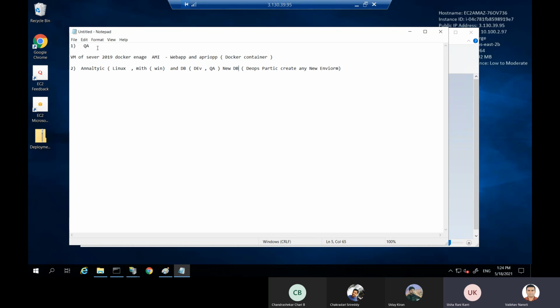Okay. So for example, I am going to use the QA web app code, QA PeriOp code, QA analytics code and QA Mirth code, so my database should also be QA. So copy any one QA database and install it on the new database server. You can clone any database server. Not clone, we take a backup of one of the QA database servers and then restore that.